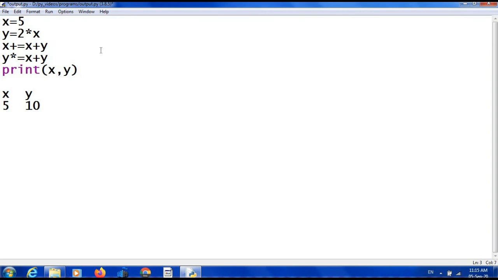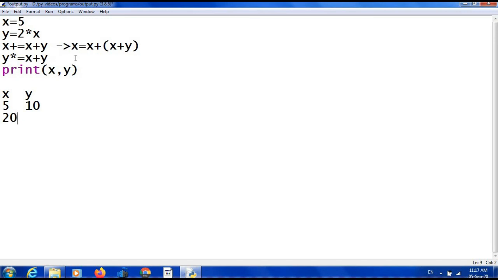It is equivalent to x equal to x plus, then x plus y together. The value of x plus y is 10 plus 5, that is 15. 15 plus 5 equal to 20. The result of this expression is assigned again to x. So the value of x is 20.